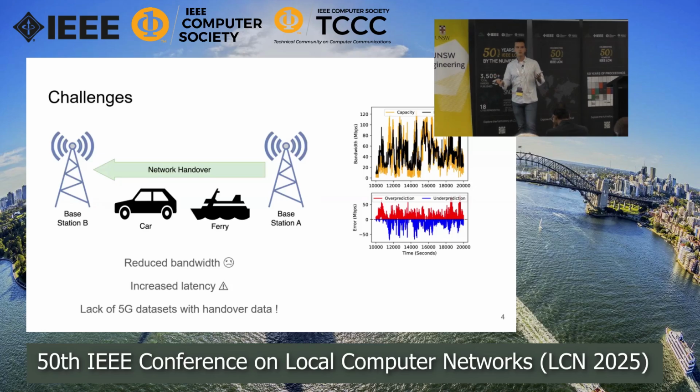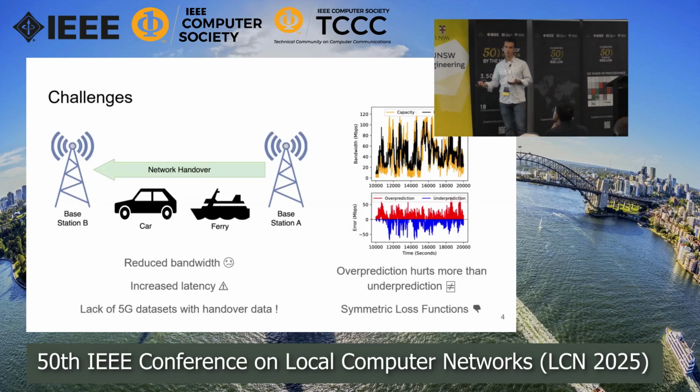But when we look at this in the big picture, we see that over-predictions hurt the network more than under-predictions, because over-predictions most likely will result in packet loss. It will be resulting in retransmission, and this is something that we don't want to have in the big picture. And of course, for training machine learning models, most of the time we rely on loss functions. In this case, we don't want to have a symmetric loss function because we don't want them to be equal in the amount of damage they do. So we will look into how we can actually improve this in a few slides.